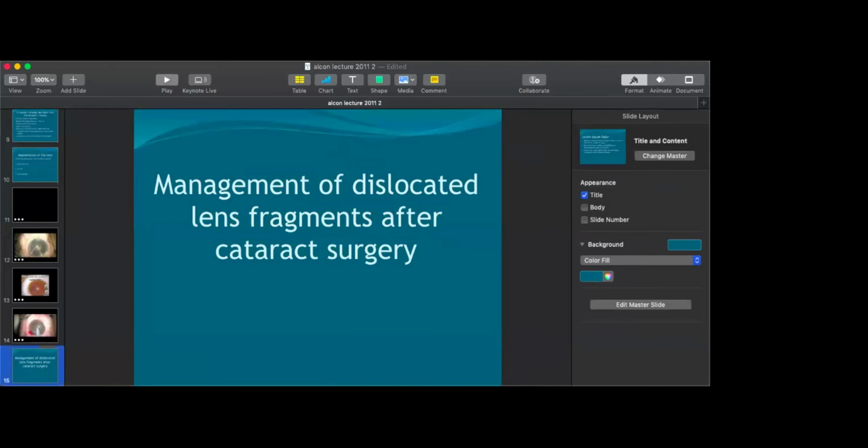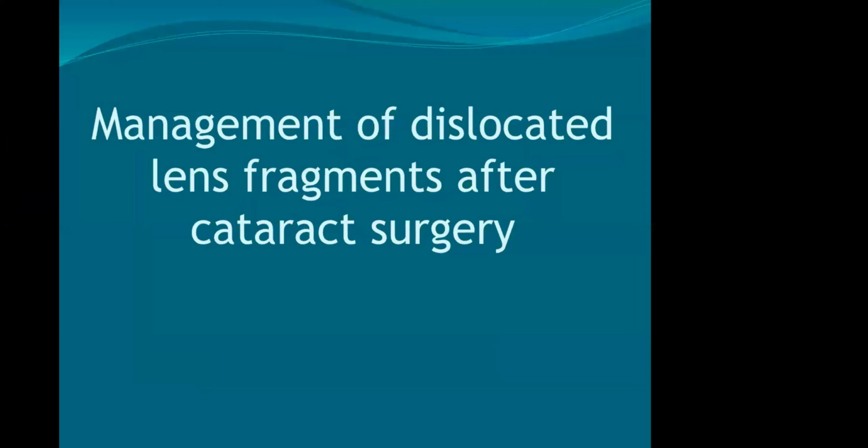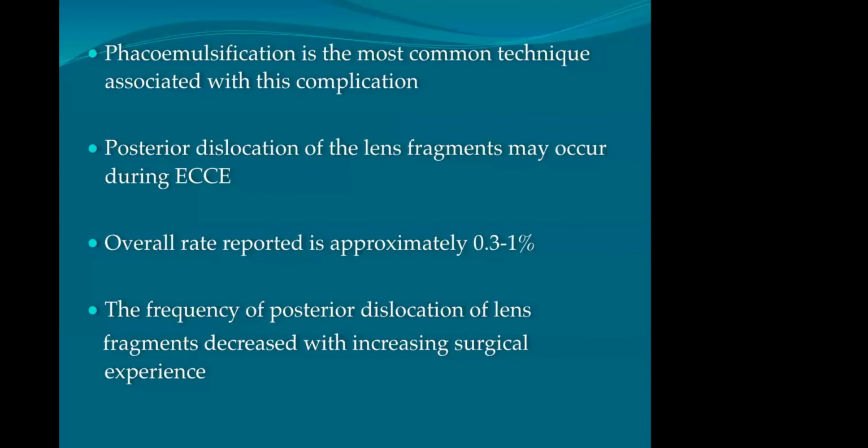Now I will move into the next subject. If any lens matter is dislocated in the vitreous, how can we manage it? Now there are certain problems associated with lens matter in the vitreous. What are these problems? Mainly,